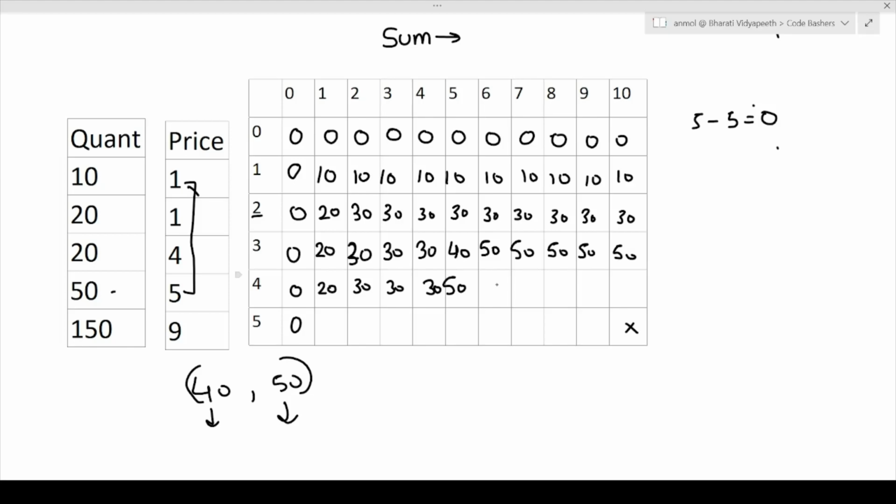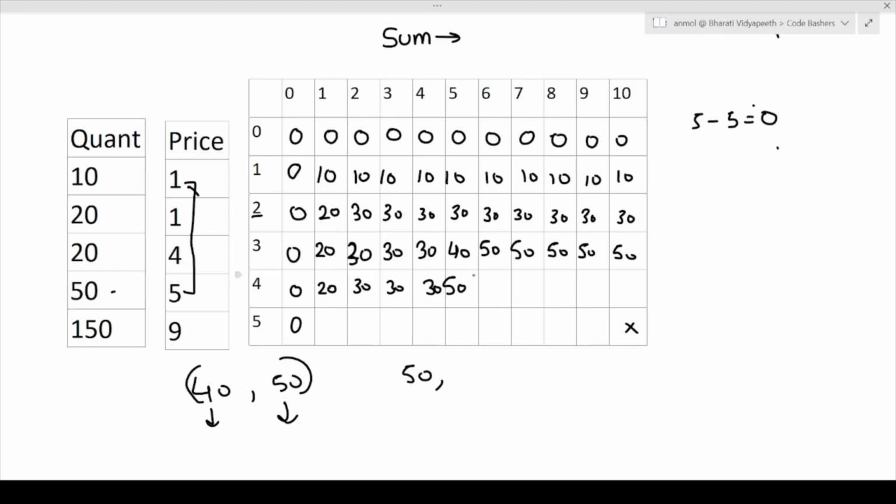Now let's look at this particular cell. First of all, we will have to find the value in which we ignore the current item. The ignored current item is the fourth item. So once we have ignored the current item, it means that we have 6 rupees and we have only 3 items left. In that case, we have 50 as our maximum value. Now we have 6 rupees and we have to find the maximum value using the current item. So now let's just suppose we have bought the current item. The current item is the fourth item, so it is priced at 5. So now here, 6 rupees we had,